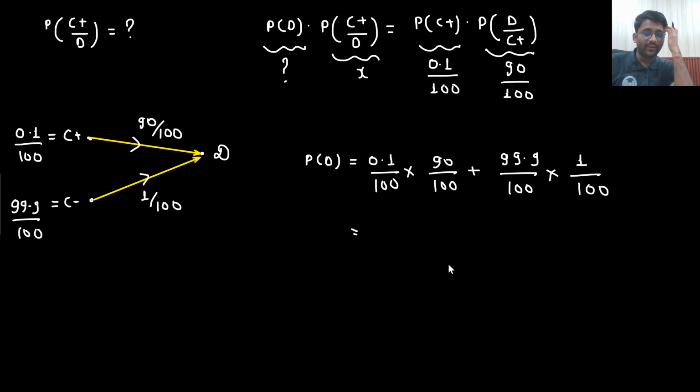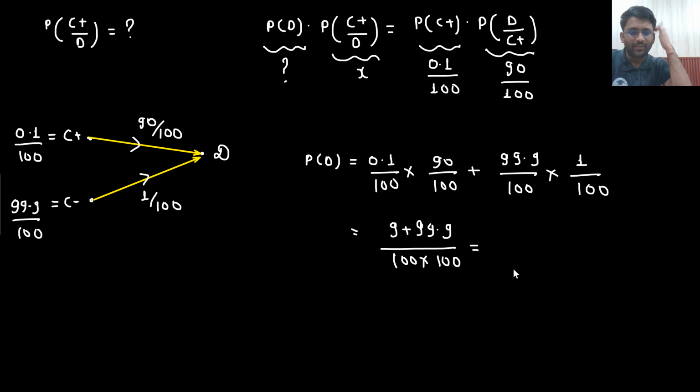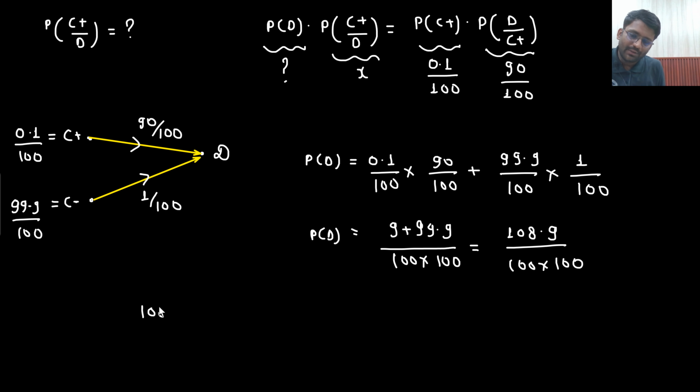So here it would be 99.9 plus 9. This would become 99.9 plus 9, right? Because 0.1 into 9 will be 0.1. This will be 9 plus 99.9 divided by 100 into 100. So 99.9 plus 9 will be 108.9, divided by 100 into 100. Okay, so this is the probability of having the disease. So 108.9 divided by 100 into 100